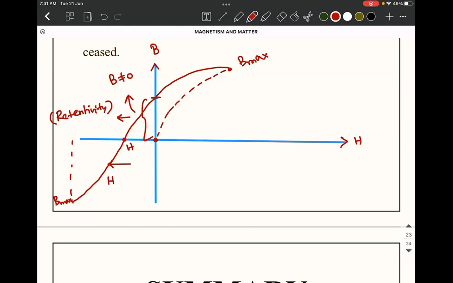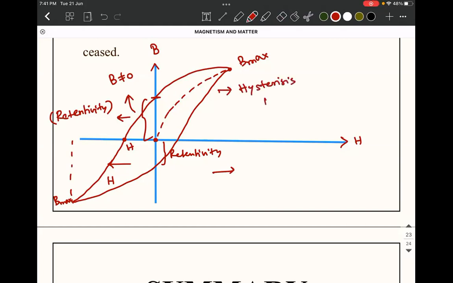Again, you remove the magnetic field, you remove H. Then you can observe that it follows a path like this. Now this time, this will become the retentivity. After this, if you start increasing the value of H in this direction, then it follows a loop in this way, which is called